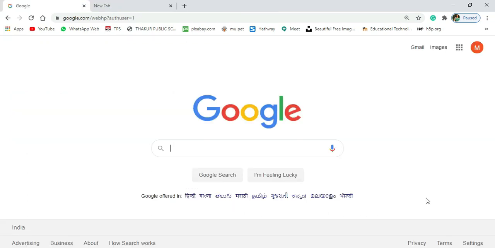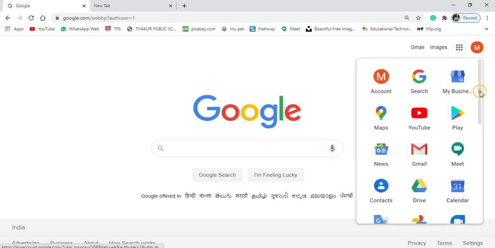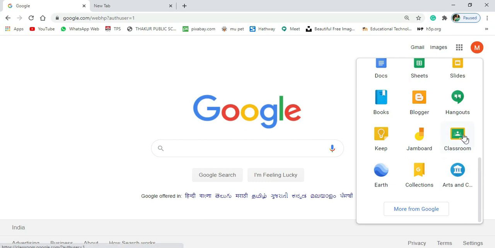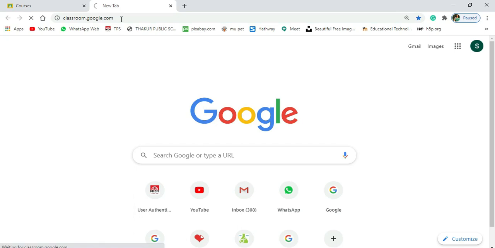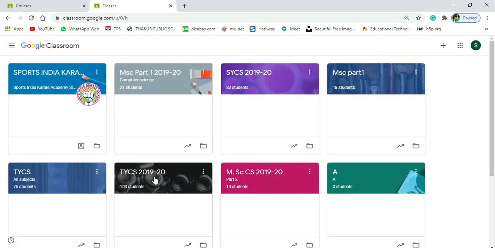If you want to use Google Classroom, you must have a Gmail account. So after creating a Gmail account, log in with that and then go to Google Apps. Just scroll down below. You can see there is an option of Classroom. You can select this option to enter Classroom. There is another way also to log into Google Classroom. You have to go to classroom.google.com and just click on enter. This page is also going to take you to Google Classroom. And so you can see this is my classroom.